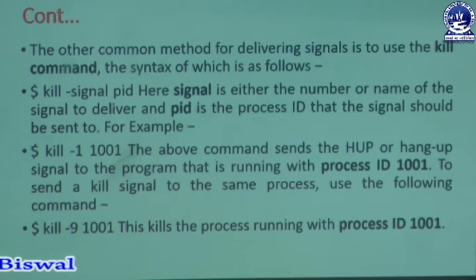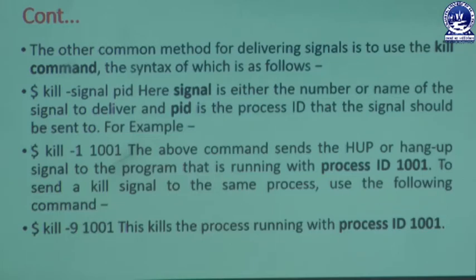So here we have a syntax: we can write $ space kill, then hyphen, then just L. At that moment it gives a signal PID, that means we can write here hyphen signal PID. This signal is either the number or the name of that interrupt signal which is used to deliver, and the PID is the process ID. If a user wants to write the signal name, instead of the number we can write that name. Otherwise we can also use a number, and that number is known as a PID, and that PID gives a process ID number. By using this process ID number, we specify which process the signal should be sent to.